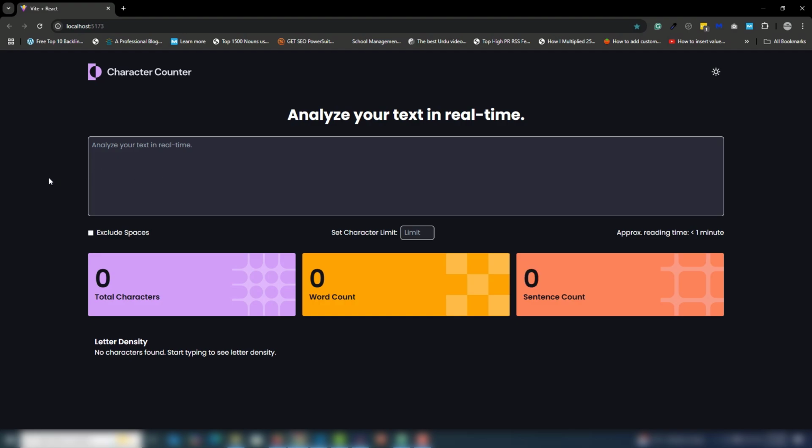Another feature is letter density. When you enter many letters inside there, you will get the percentages of each particular letter, right? And there is a limitation and an exclude spaces option. So let's see. I'm going to use